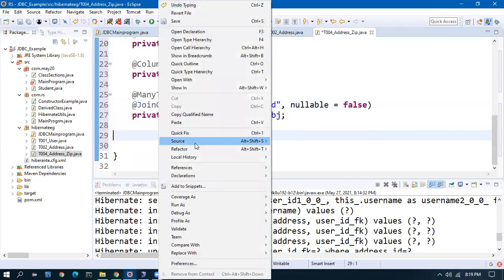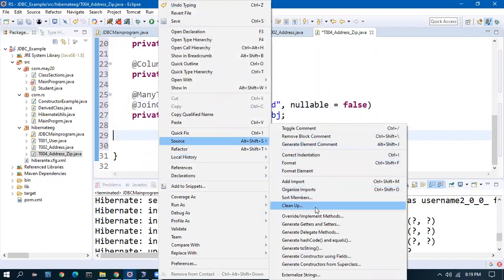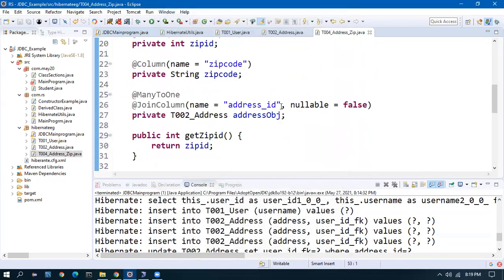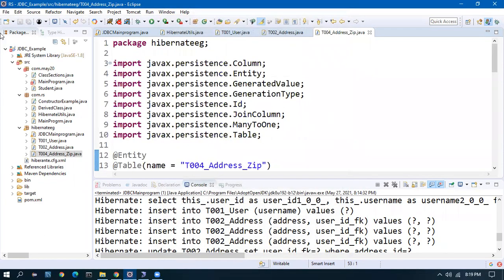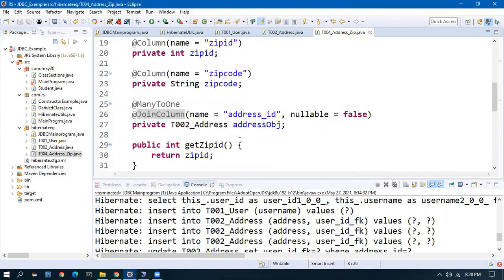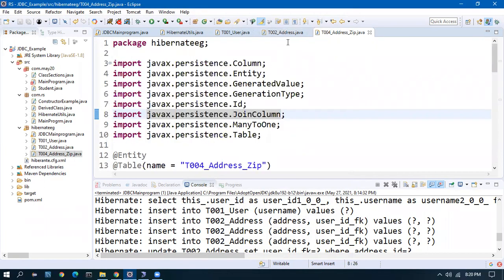Now I'll generate the getters and setters. Generate getters and setters, select all. Okay, this is done.